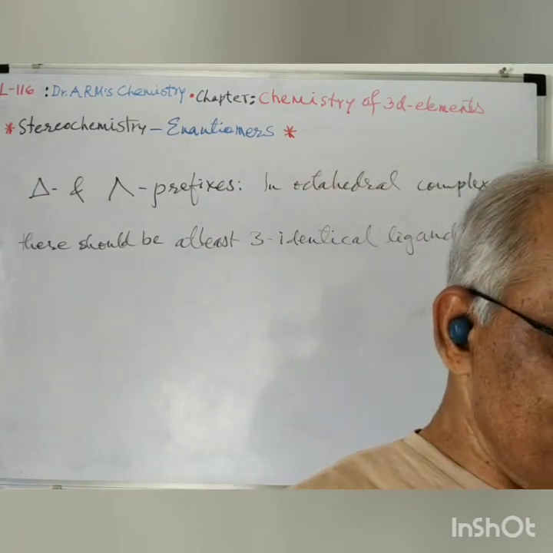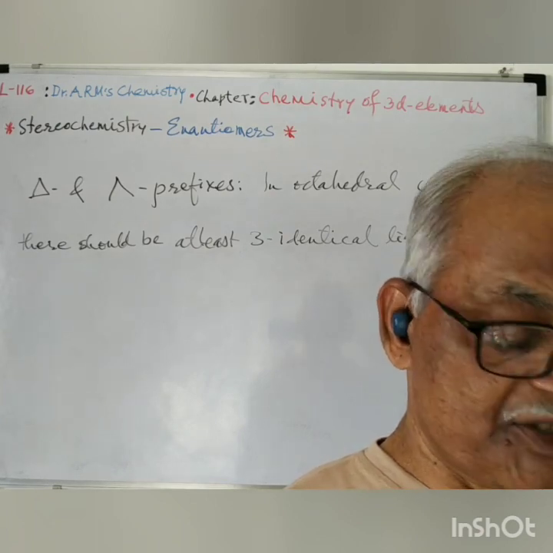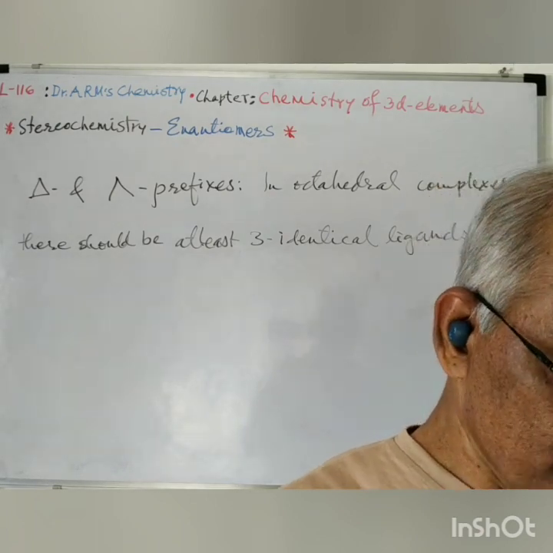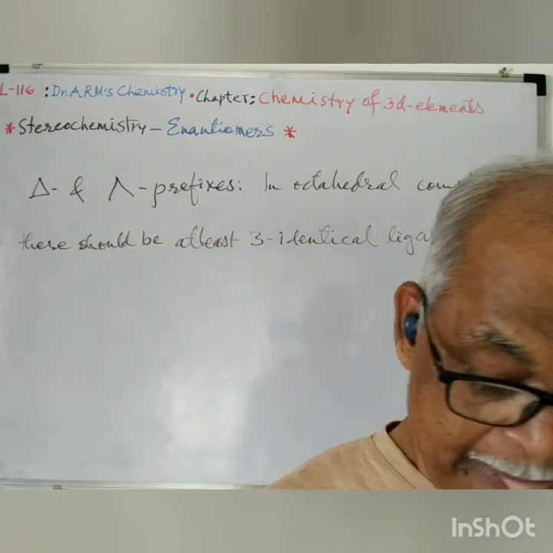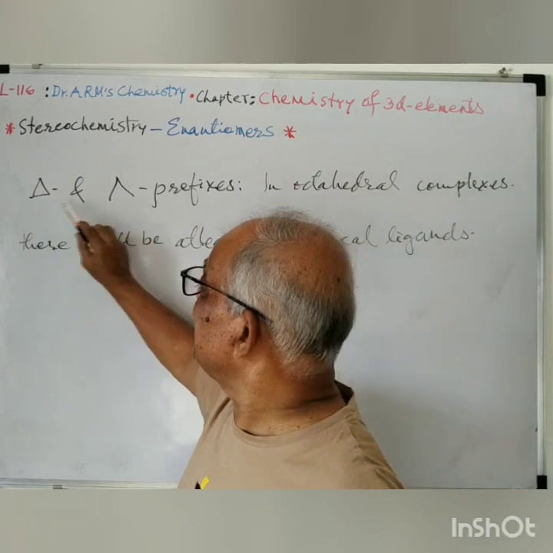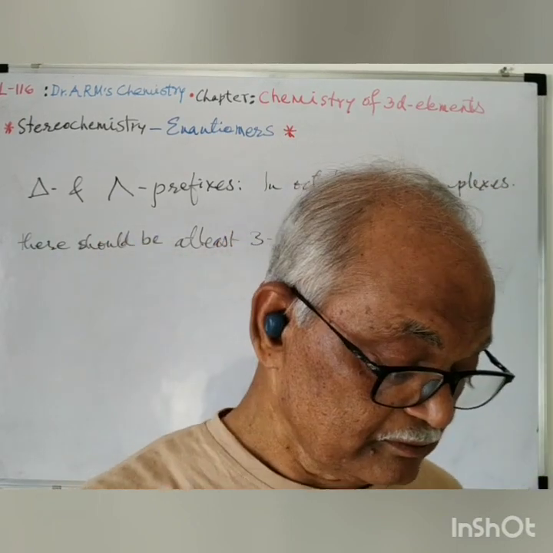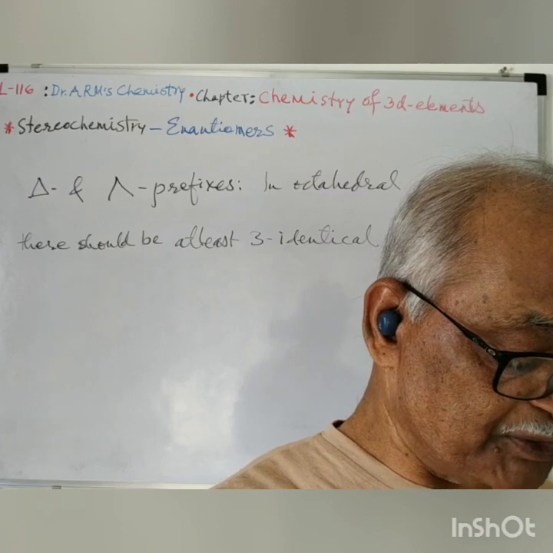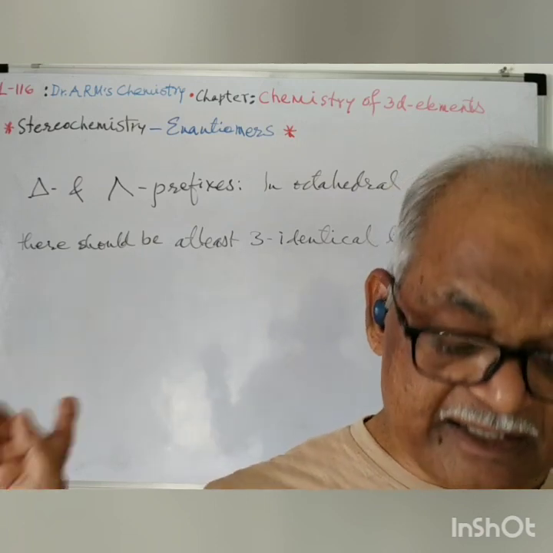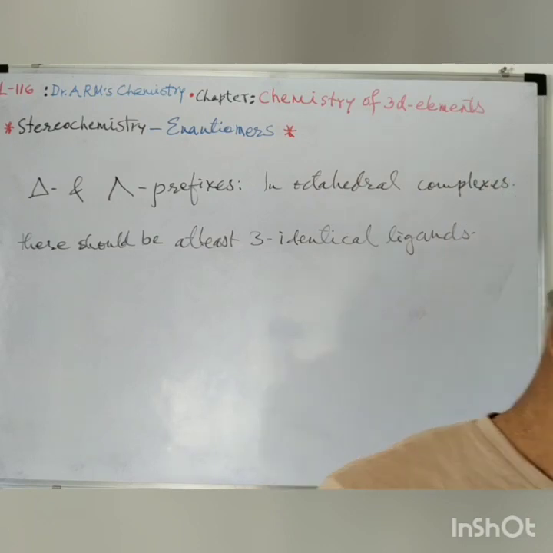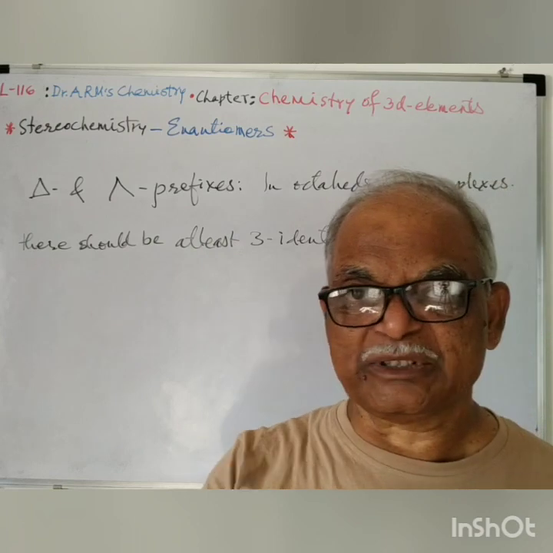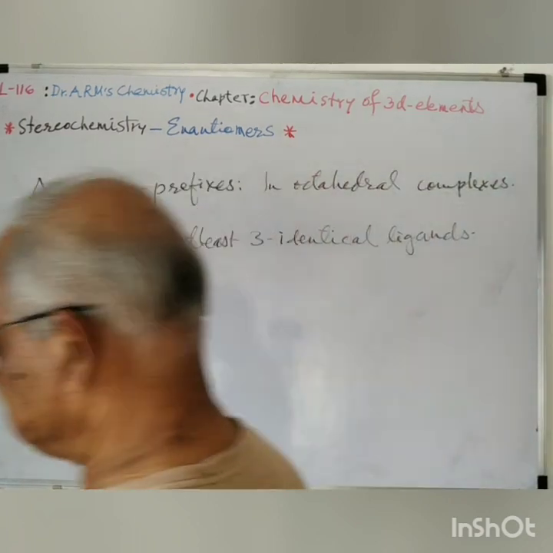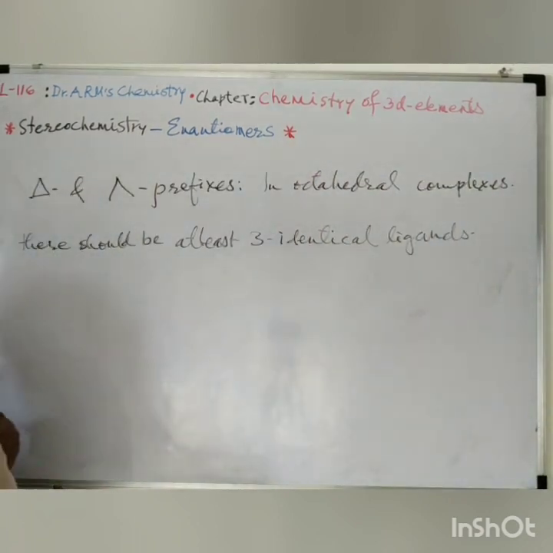And these are chelates or trischelates. So they are distinguished using the terms delta and lambda. This is delta and this is lambda. So these prefixes are used in this way. So octahedral, this ligand is viewed. First of all we will see the structure, so that it will be easy to understand. Now if we see the structure,